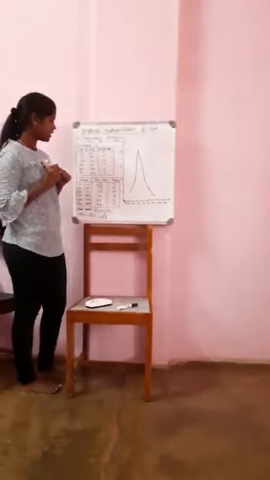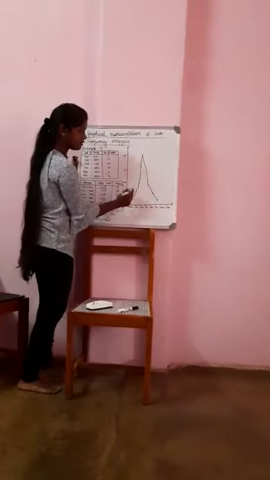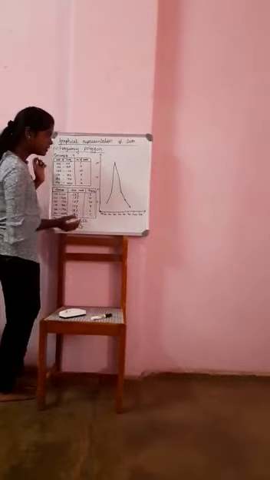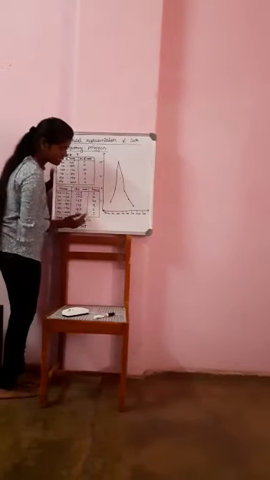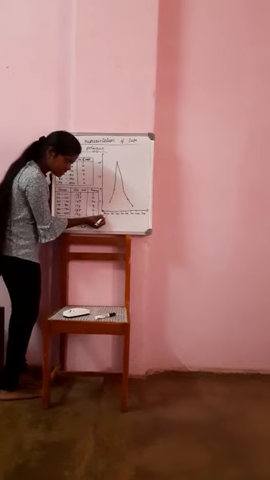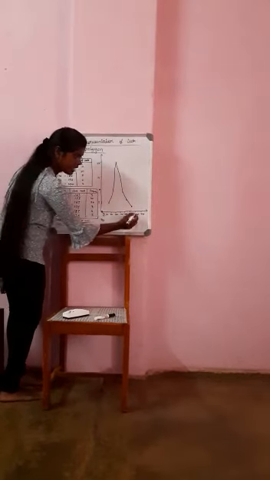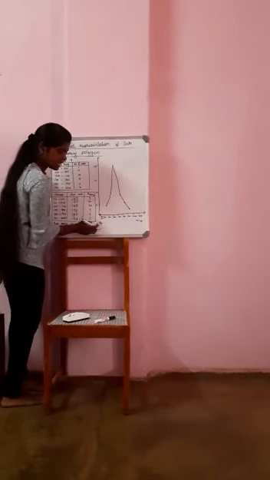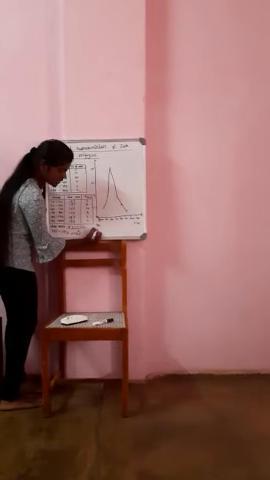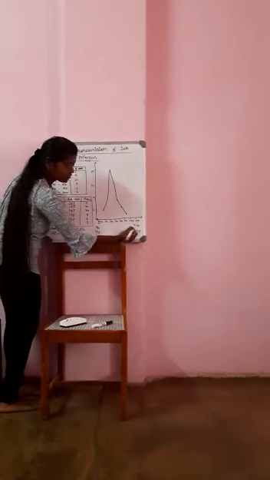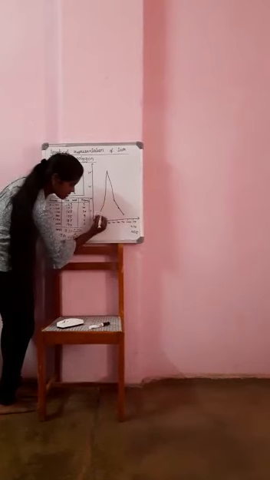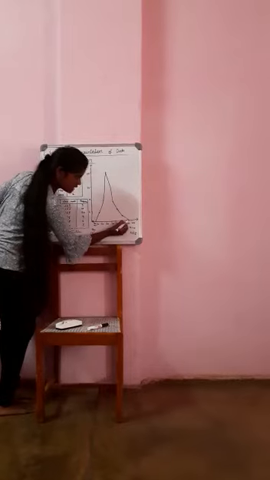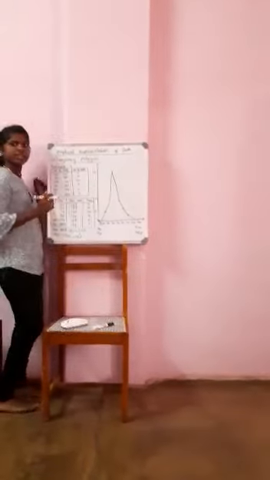Now I have done this. I have joined all the points, which are the class marks. Now in order to bring it to the y-axis, I am going to consider the previous data also, that is 130, and the next 210. I am going to find the mid class of these two. It is 135 and 205. The middle of this, I am just going to join here, and 205 I am going to join here. Done. This is your frequency polygon.